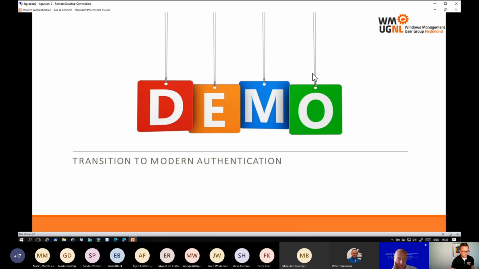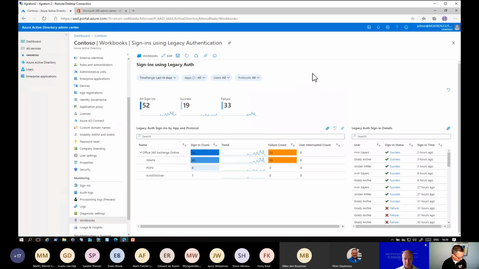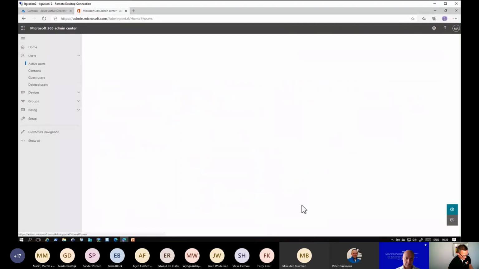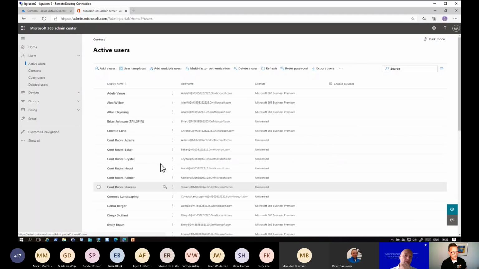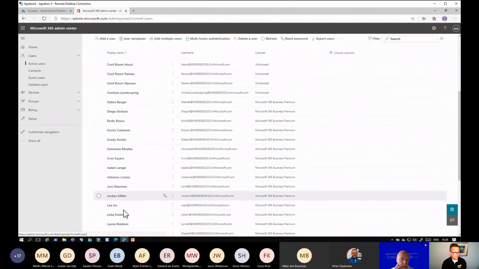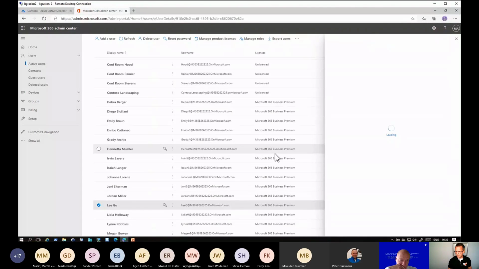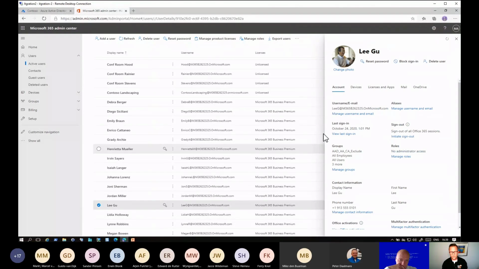Okay, so that brings us to the next demo. Let me switch to my tenant. To explain first, when we look at our active users in a default tenant, let's take Lee, for example. Lee is one of our test users. And if you look at